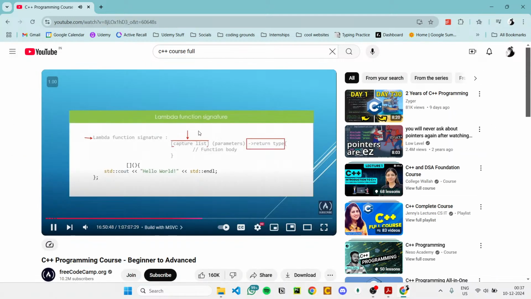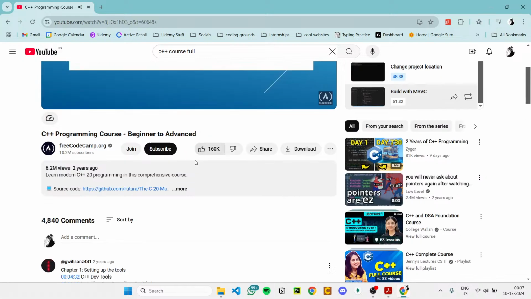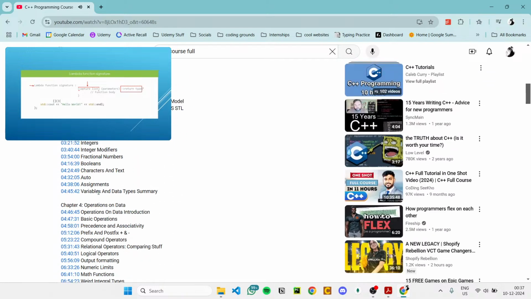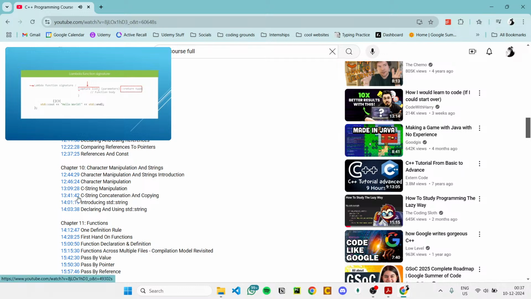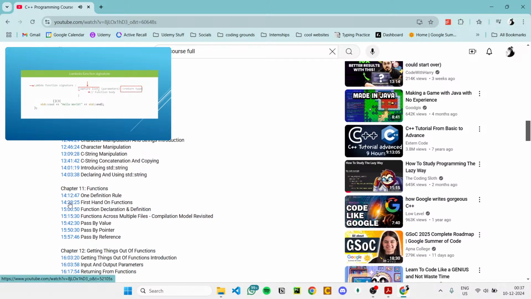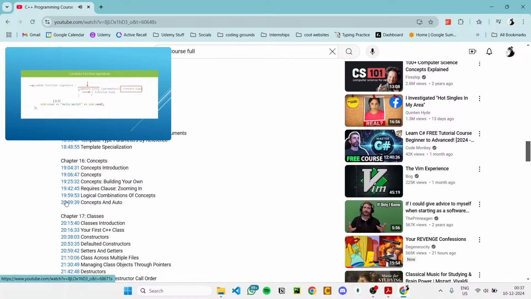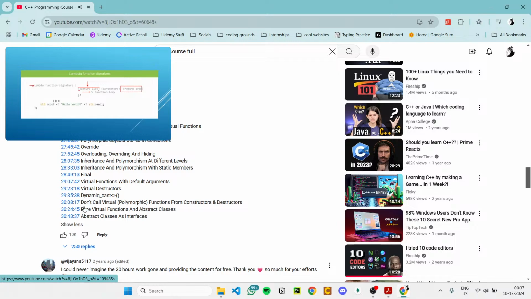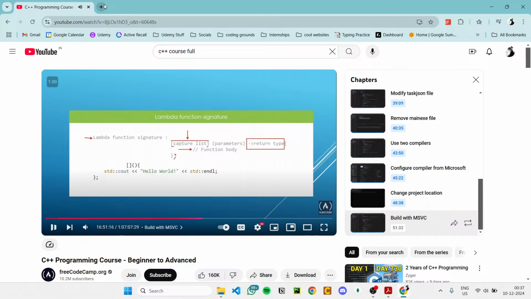But you don't have to put this in explicitly. You can leave this out and the compiler is going to deduce your return type by itself. After all these things, you have to put in a pair of curly braces, and inside these curly braces, we're going to have our function body, and we can do whatever we want our lambda function to do in this function body here. After this, you will have to remember to put your semicolon to make whatever statements contain